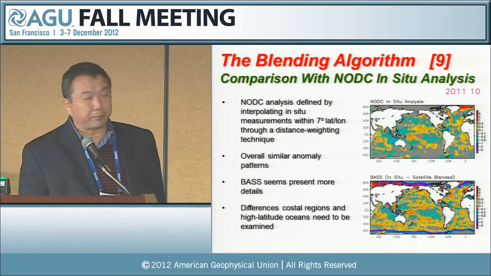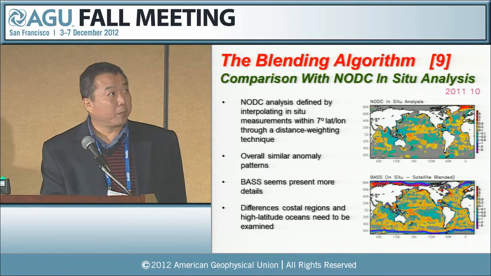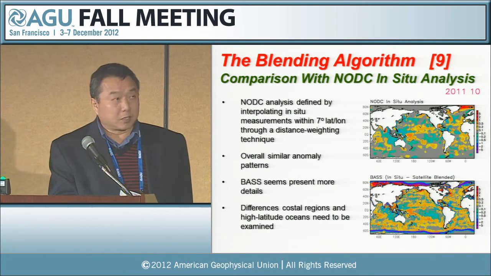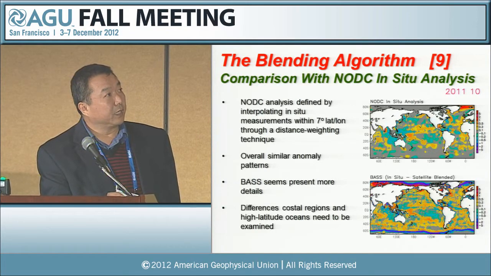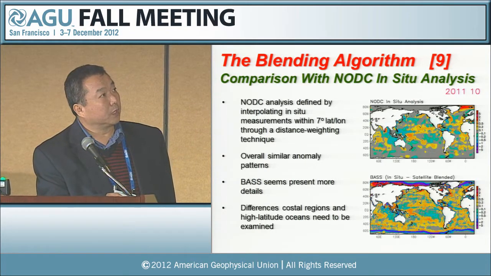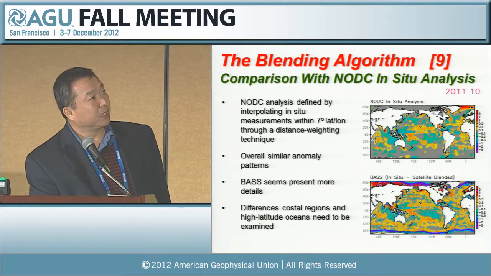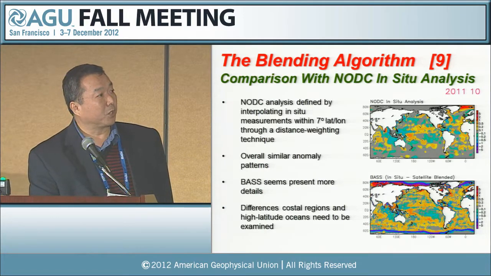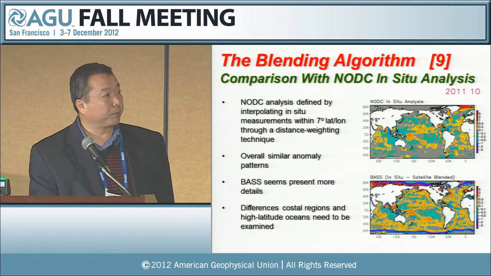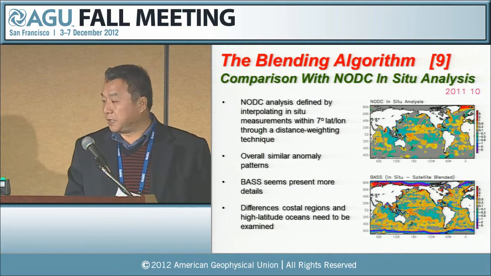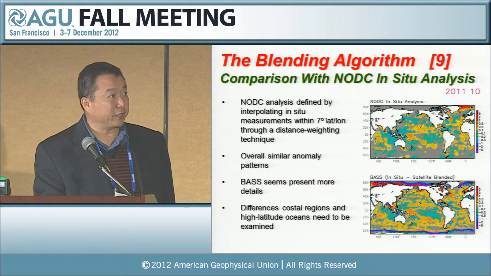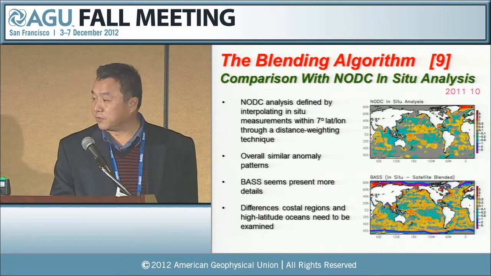This is the comparison between the top and the bottom. The top is the straightforward in-situ-based analysis of salinity that is produced by NOAA. This is in-situ data only. The bottom is our prototype blended analysis. What you can see is that, first of all, the overall structure, this is for October 2011,